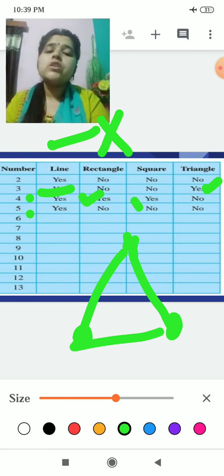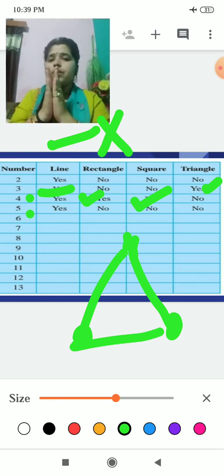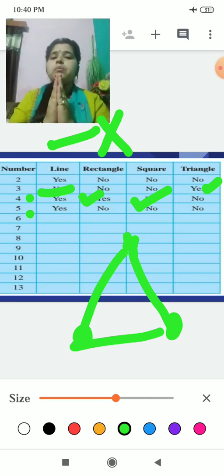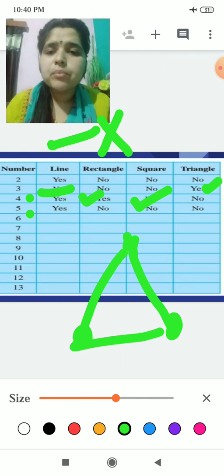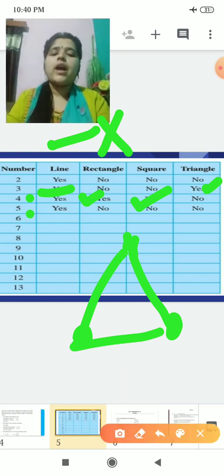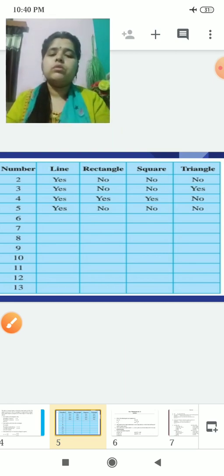4 is having the shape of a square, because if we arrange the dots far apart from each other, we can have the shape of a rectangle. If we are making them close together, we can have the shape of a square also. Okay, same way 4 can have the shape of a rectangle and shape of a square both.